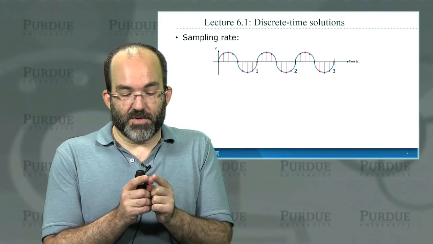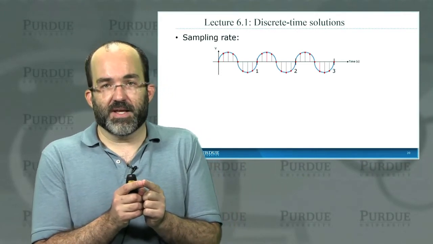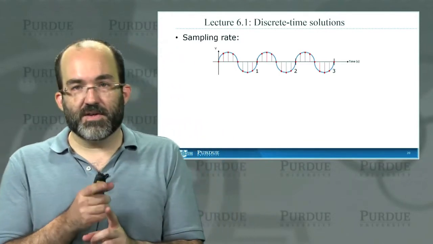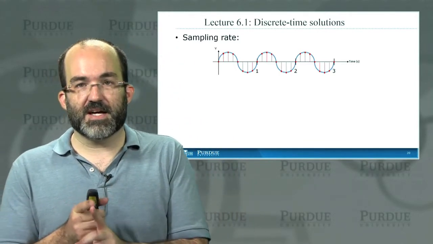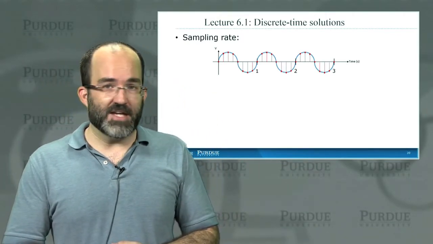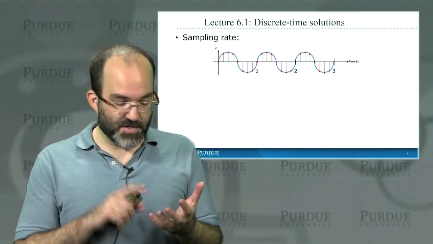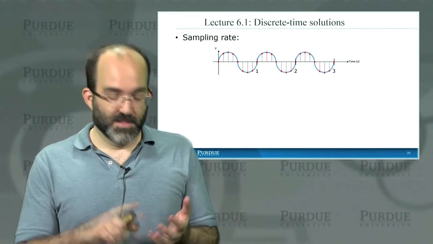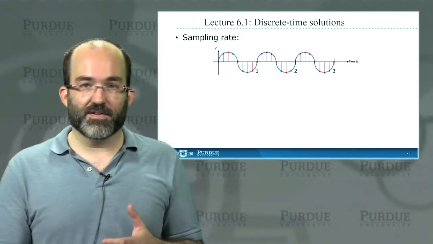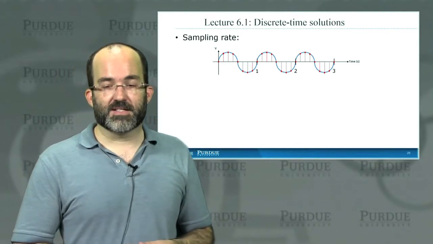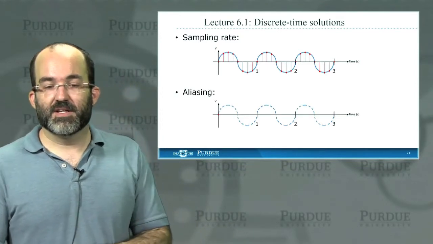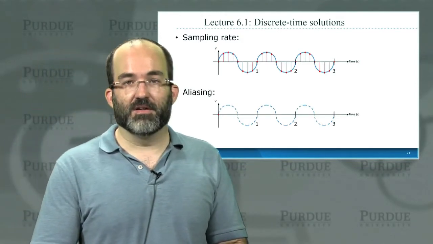And now you could say, well, then why don't we just make the samples really, really tiny, just make them super close, and then we'll be all set. Well, you can, but every time you have to solve one of those samples, it takes time, or it takes computing power. So when you write your own code to solve the Hodgkin-Huxley equation, you can make h really, really, really tiny. But a couple of things will happen. First of all, your algorithm will take a very long time to run. And second of all, you'll introduce a series of other errors called round-off errors. But we'll talk about those more in the next lecture. For now, let's just say that the sampling rate is very important. And specifically, it's very important because we're worried about something called aliasing.